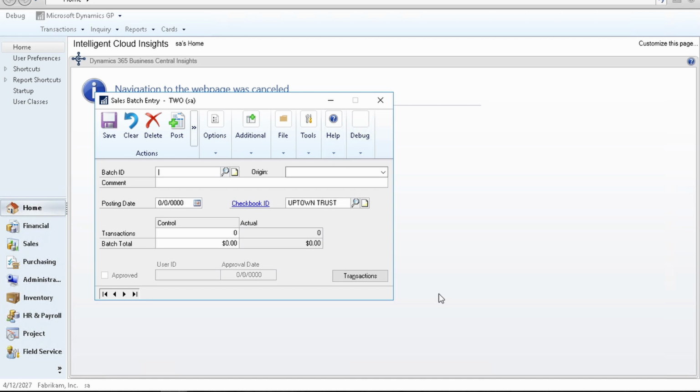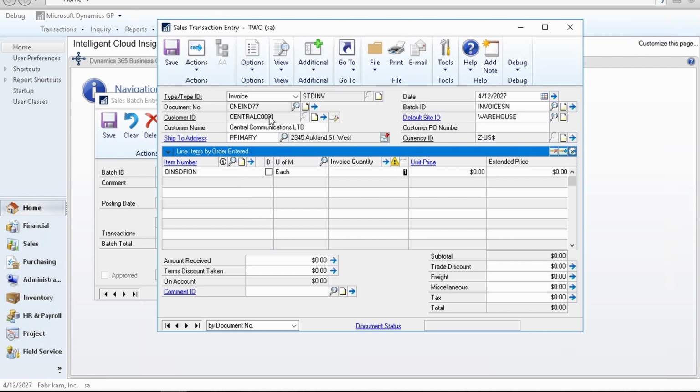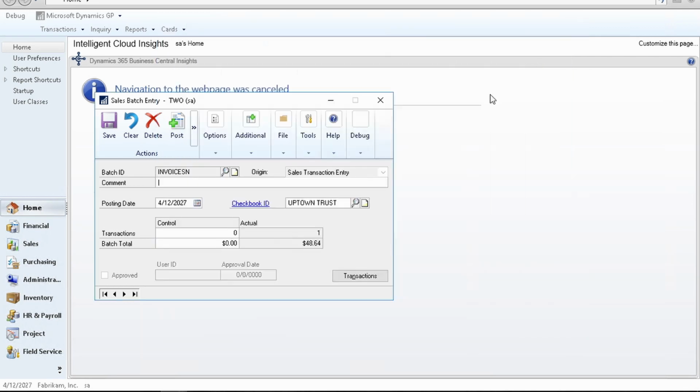So if I'm just in regular SOP batch entry, we also support the RM window, but I'll work with SOP here. So we can do some invoices as our batch ID. And I'll go ahead and create an invoice in this batch. Pick our customers. This is all just stock GP type things that I'm doing here. And now that I've added an invoice to this batch, we can then go through the process to get it